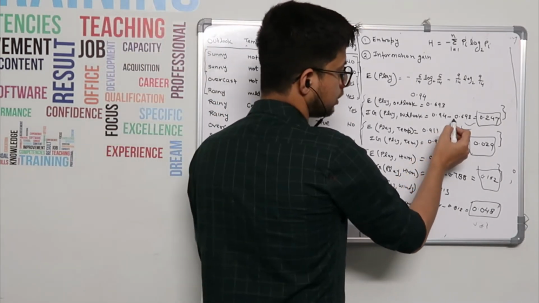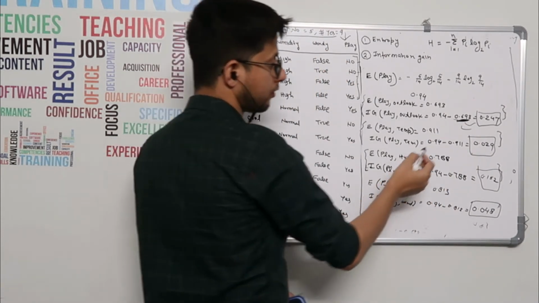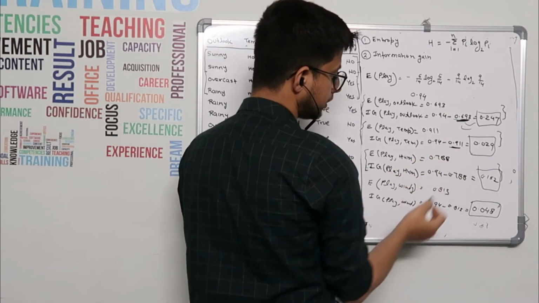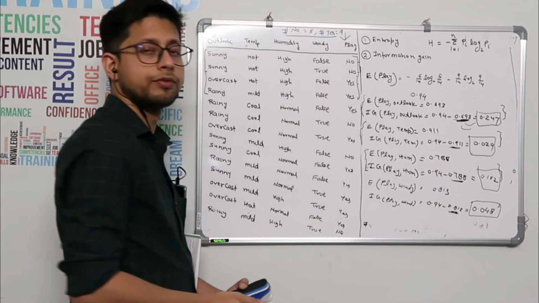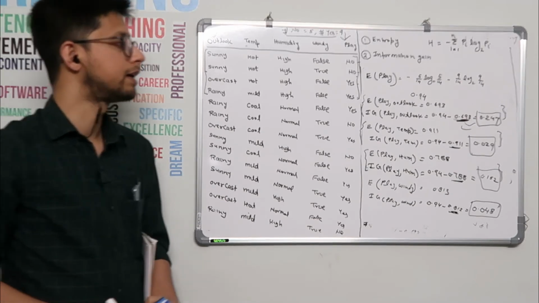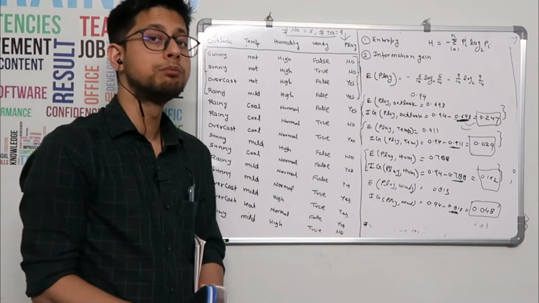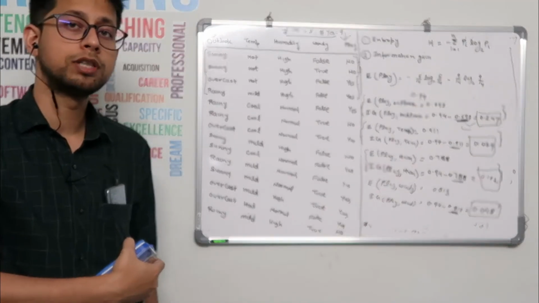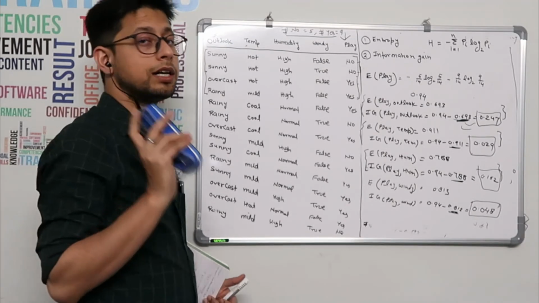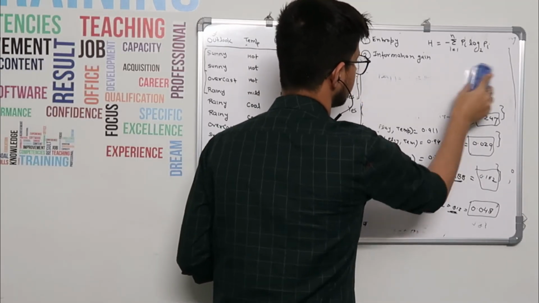You see this number, right? This is the entropy you get after splitting, and here it is this one. So this is more, correct? By reducing the entropy you get the information gain, and with respect to outlook you are getting more information gain. So the first node, that is the parent node, is decided, and that is nothing but outlook. This is how you take the decision basically.